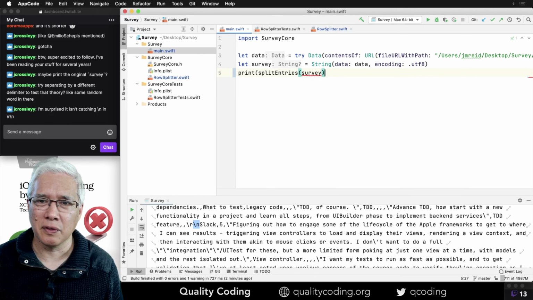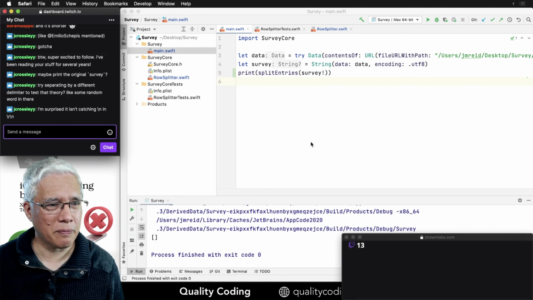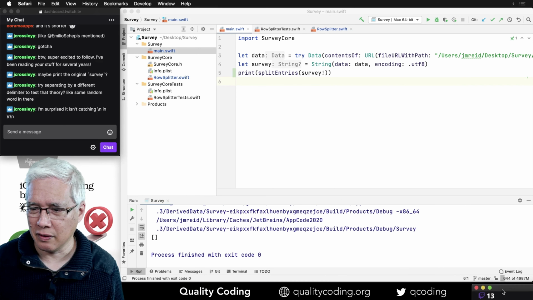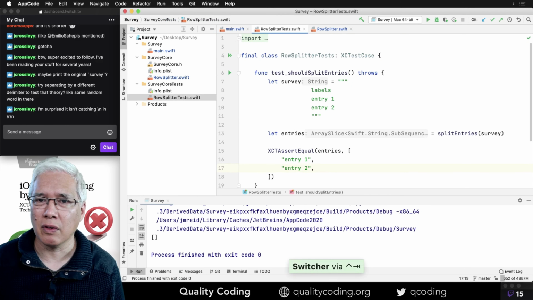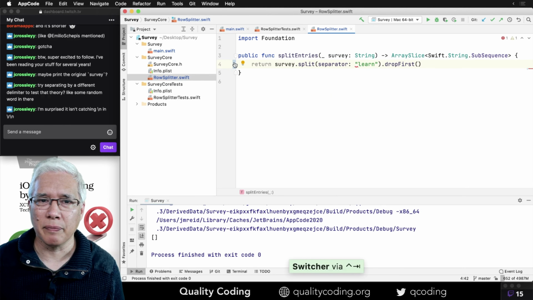It's still empty. What the heck? Something is really weird here. More experiments. Let me undo this.